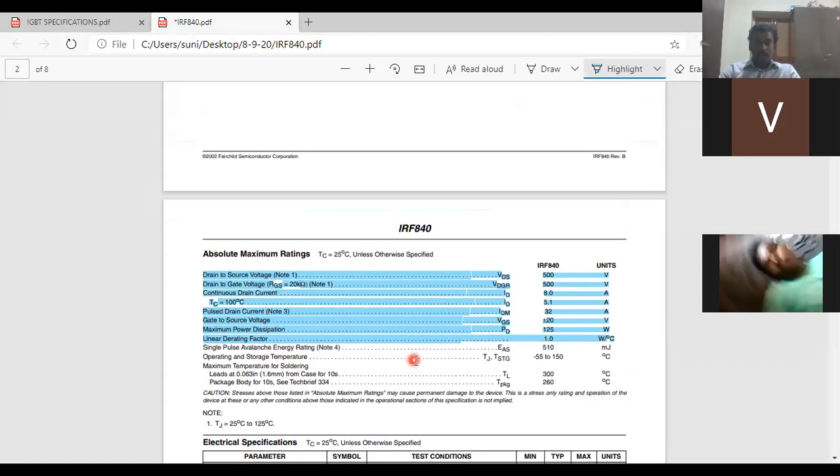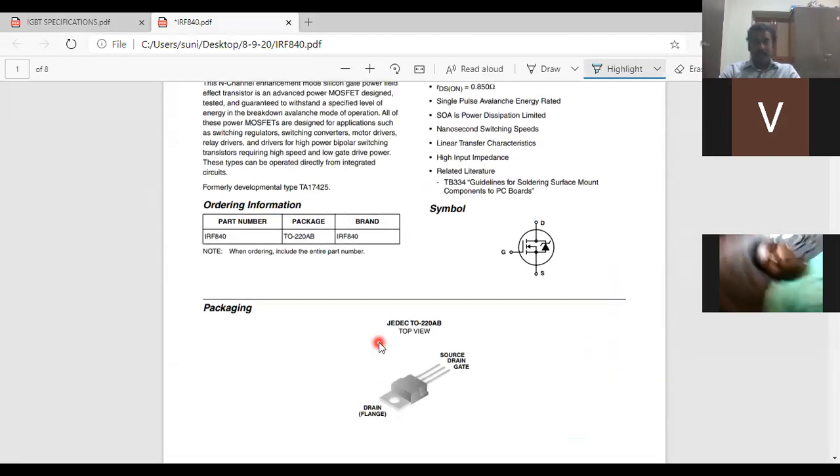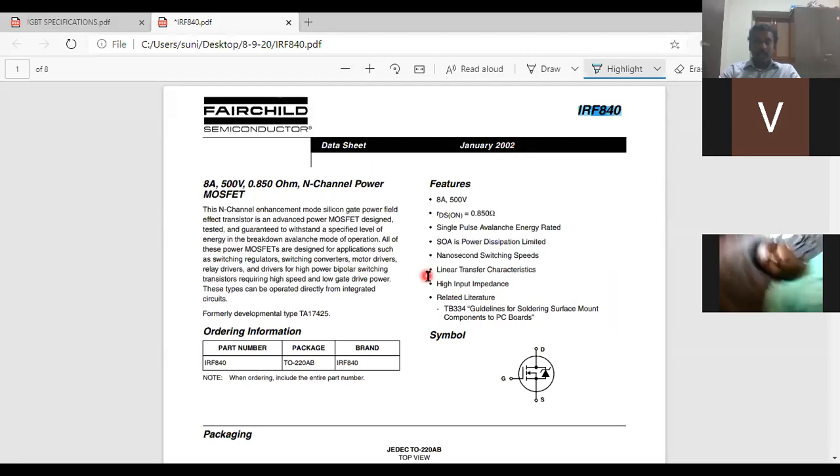You may check for any of the MOSFET devices provided for any of the voltages and values. Generally, IR stands for the MOSFET, followed by this 840 or another number that defines the specifications of current and voltages, whatever it is going to handle. Whenever you consider another one, you may get a different device.